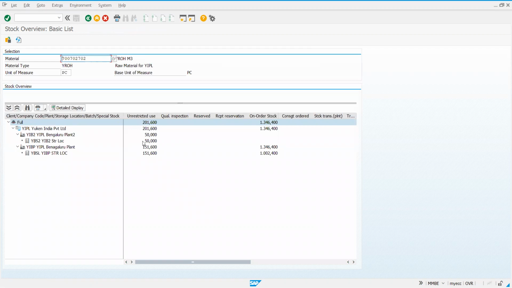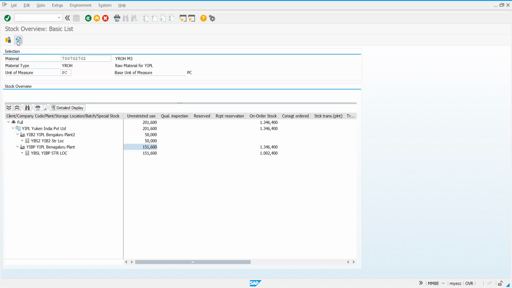Can you observe now? Full stock 201, YIB2 it is 50, and YIBP it is 151. Getting this? Yes, sir. So you can see both the plants and storage locations under the company code, which was not visible earlier.